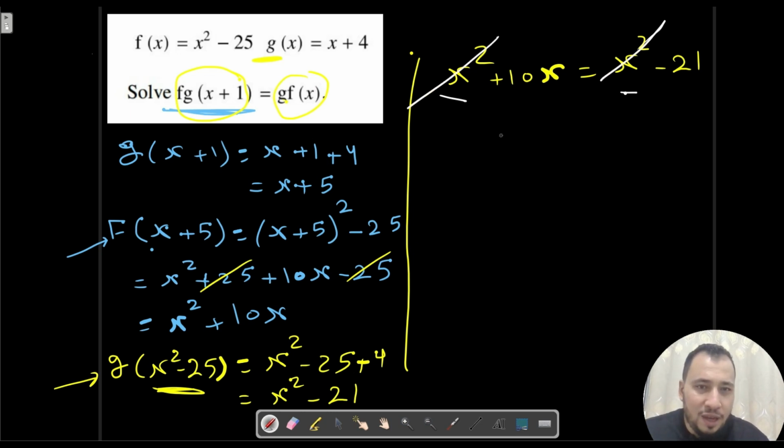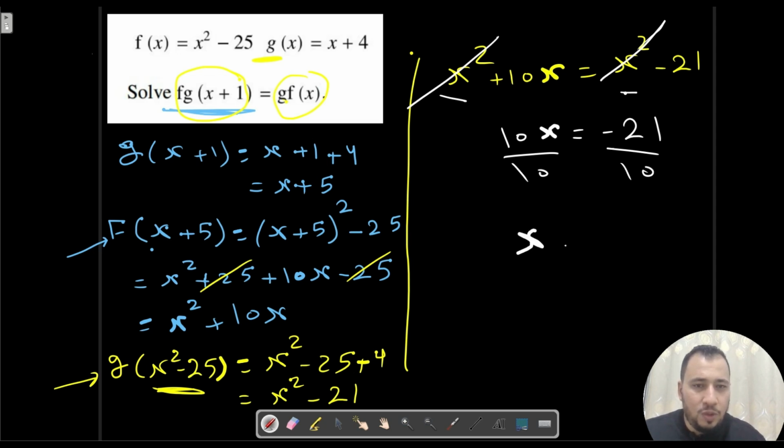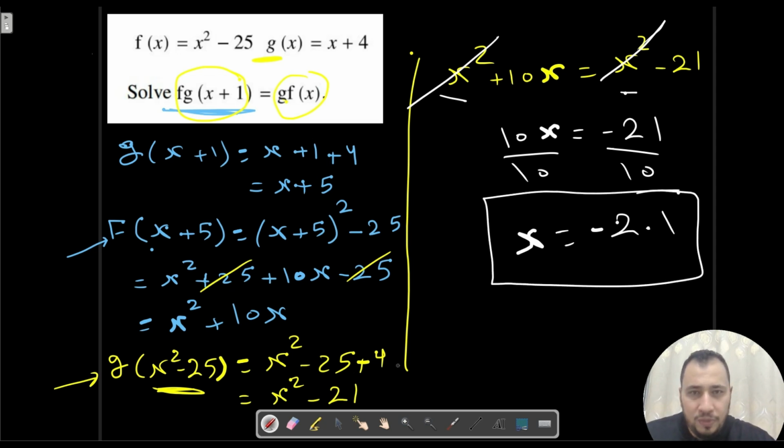What do I have left here? I have 10x equals negative 21, divide by 10, divide by 10. So in this case, x equals negative 2.1, and this is your final answer. Okay,